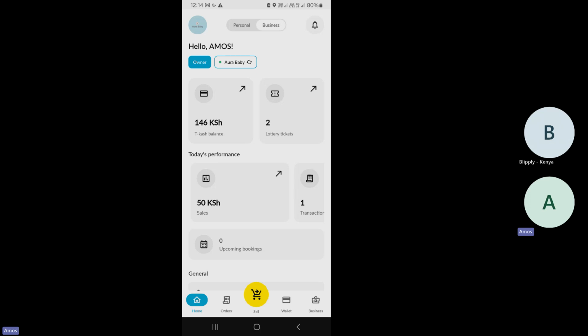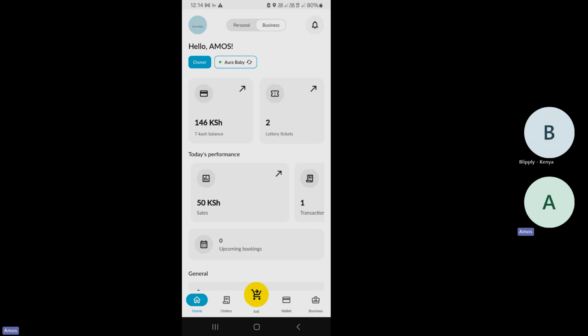We see the other way of selling, because I know most people now do not operate on cash basis. Some people use the M-Pesa platform. How are they going to pay me? If somebody comes, they want to pay with the M-Pesa, but mimi nataka manage inventory yangu kwa app. How will they pay me?